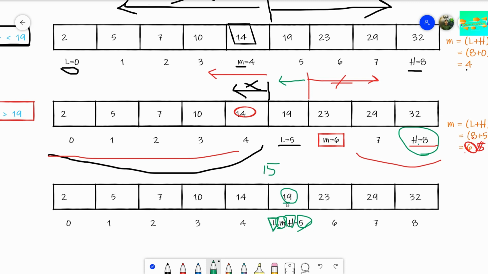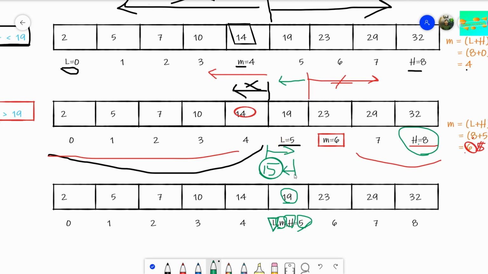We would have figured out that the value at position M, which is 19, is greater than our search 15. So we would have searched for an element less than 19. We also know we cannot search for elements less than 14.